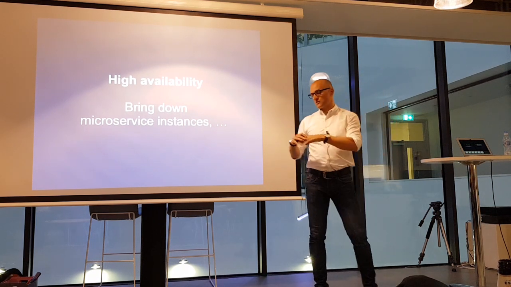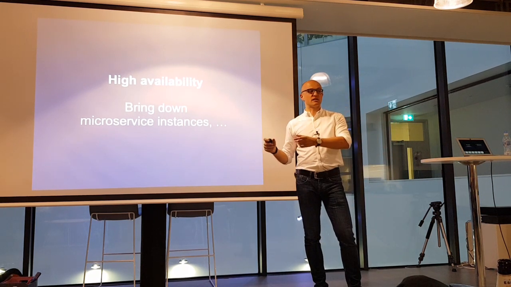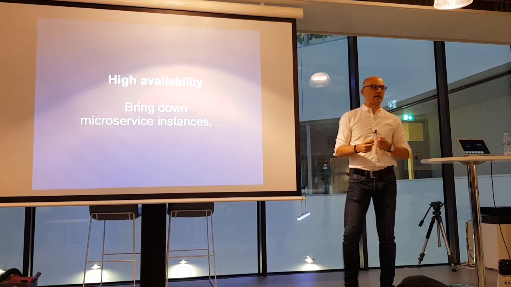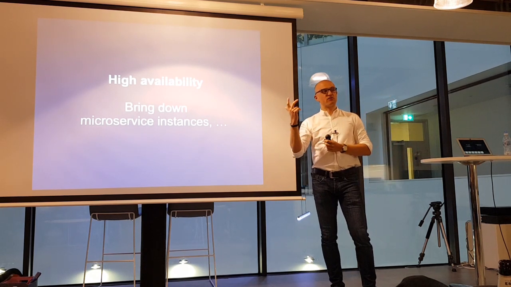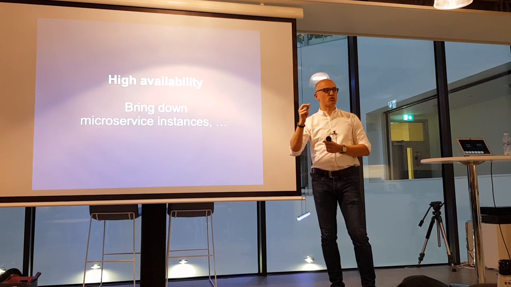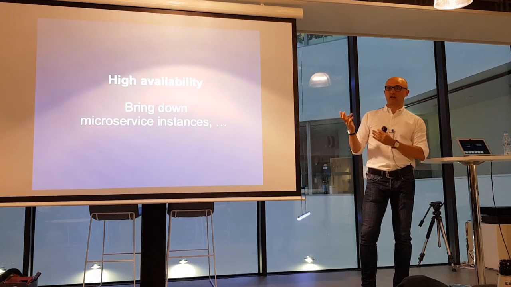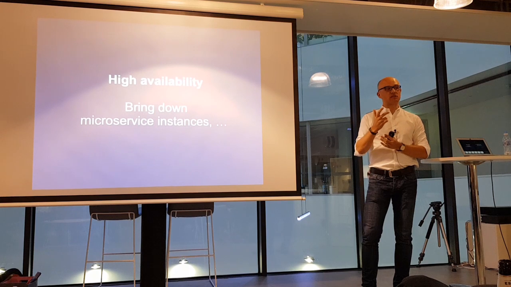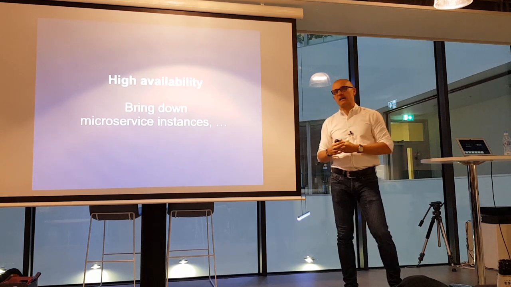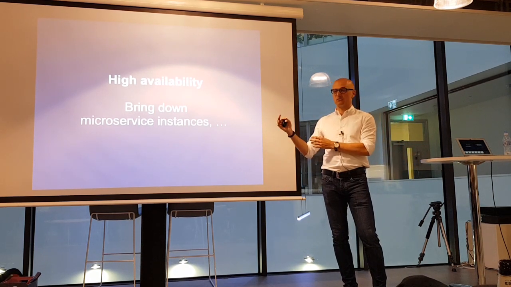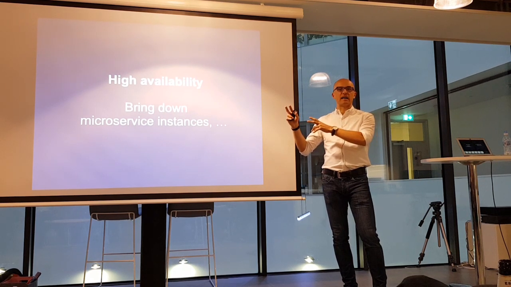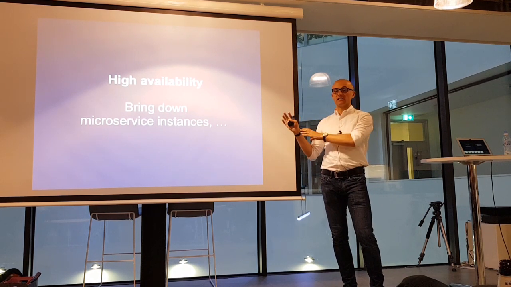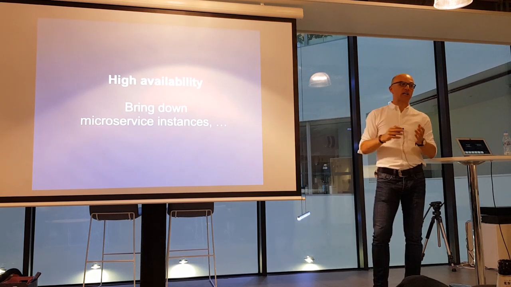So what they've done was, in one of those Kubernetes test environments, started switching off the microservices and observing what happens. Let's say I told Kubernetes to have 3 instances of this service and I bring 2 of them down, and what does Kubernetes do? Let's say I bring 3 of them down, and what does Kubernetes do? And what they found was it's easy to misinterpret the documentation of Docker and Kubernetes, and there were slight differences to what they expected is going to happen versus what actually happened.